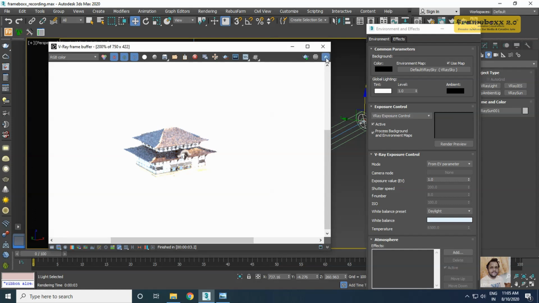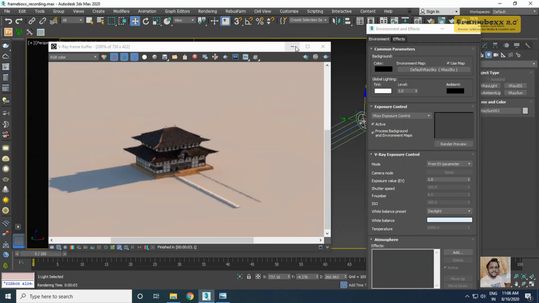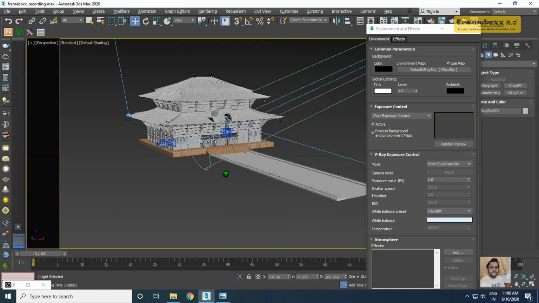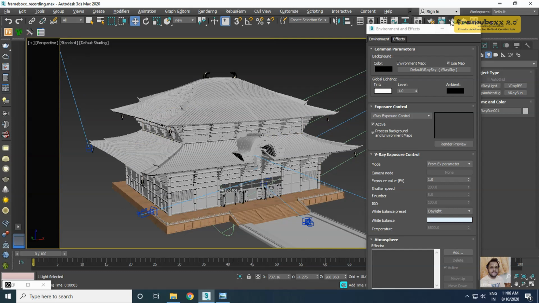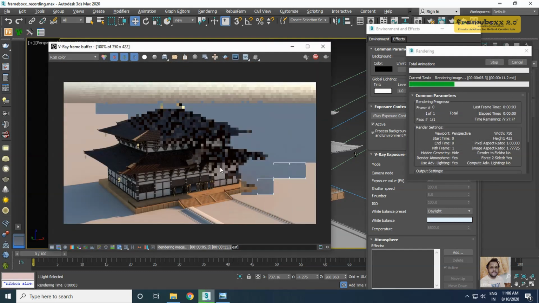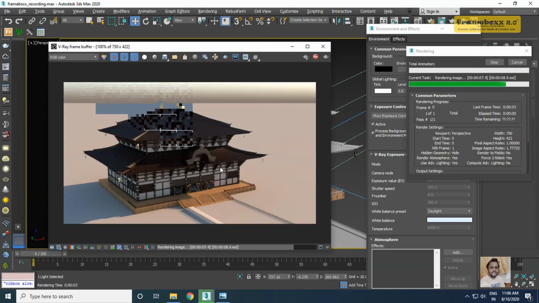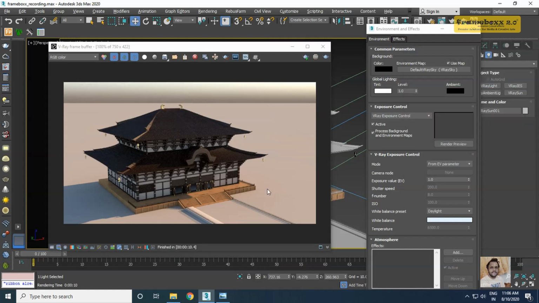Now if I take a render, as you can see, I'm getting actual lighting. Now let me just zoom into my model a bit and take a render. Now this is exactly what we get in the real world, and you are getting this using the V-Ray Sun. Just keep in mind, the only thing we require while using V-Ray Sun is the exposure